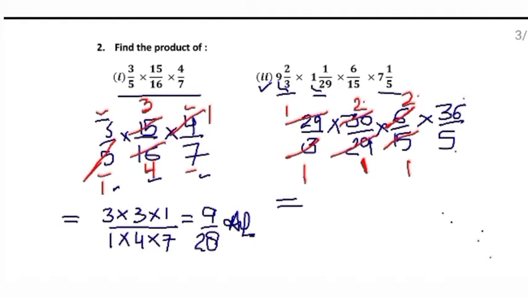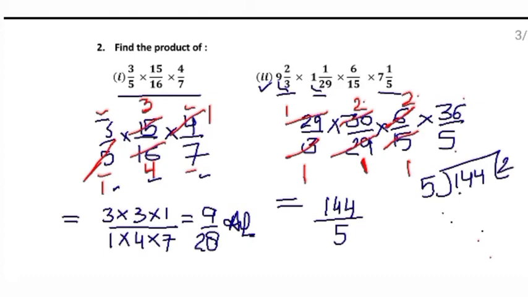So simply multiply the numerators. 2 multiply 2, 4. 4 multiply 36 is 144, upon 5 ones are 5. Numerator is greater than denominator, so this can be written in the form of mixed fraction. So right here,